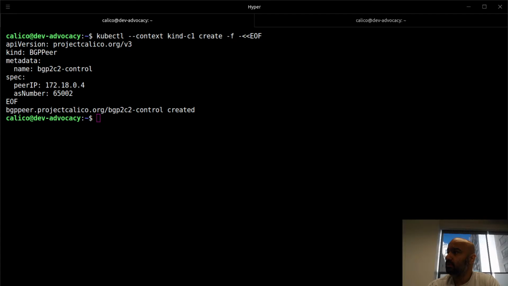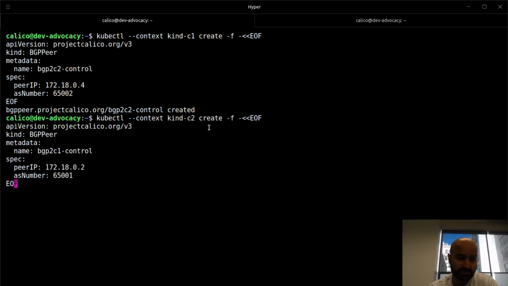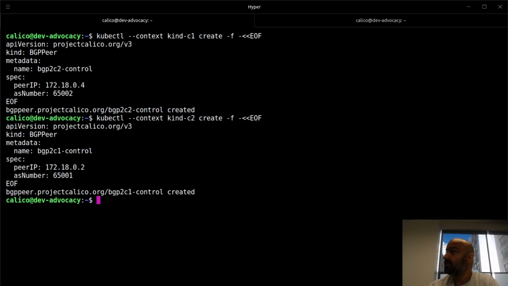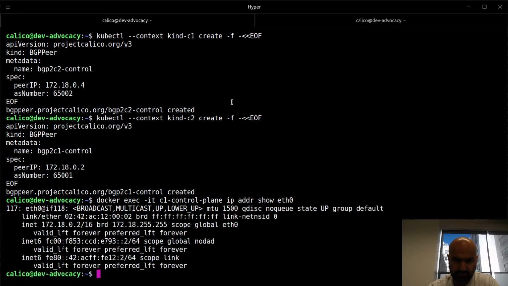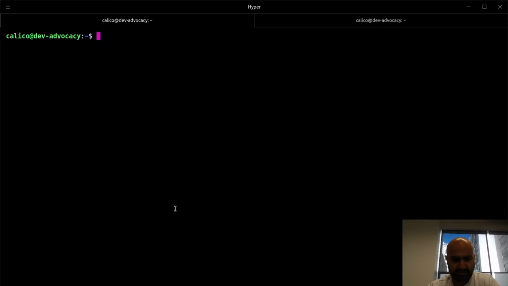So the next one is going to be the same thing, but in cluster 2. In cluster 2, I'm going to say, hey buddy, I need to create a BGP peer. The peer IP is that, and the AS number is that. Since this is a live demo, we're going to check stuff again. So yes, control plane 02, 02, and